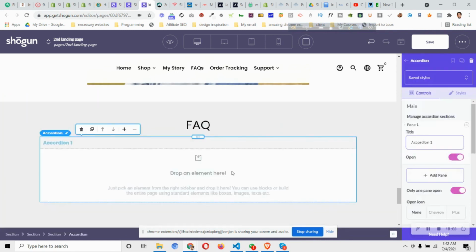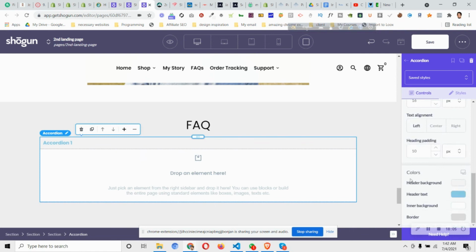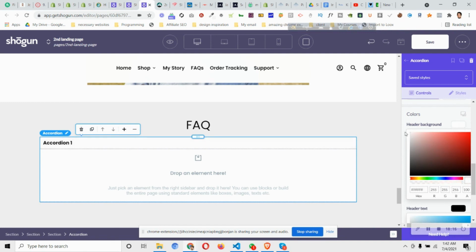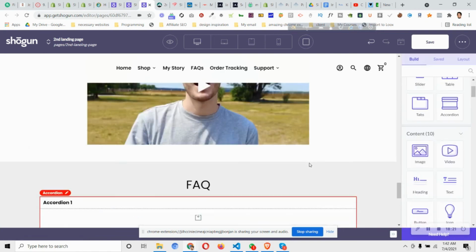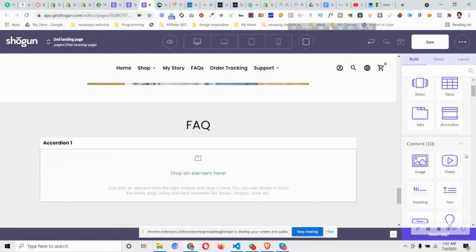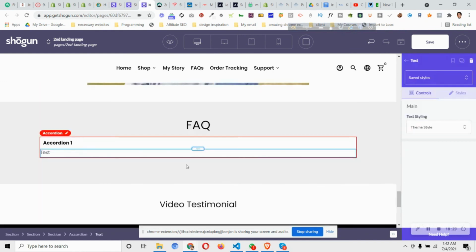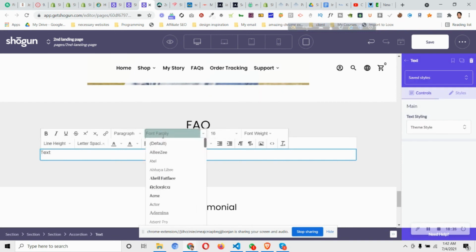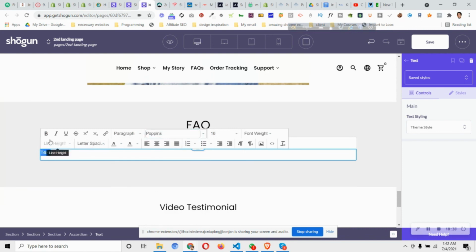Okay, then the accordion color depends on you, how you want it to be. I will make it black. Then the accordion header background, I want it to be white. Then you can put a few text here in the accordion as well. Let me put a text here, then I will set it to 16 and give it Poppins. Then I will make the text black, and